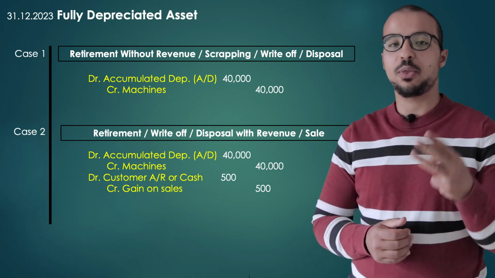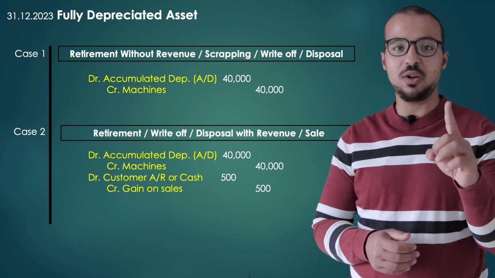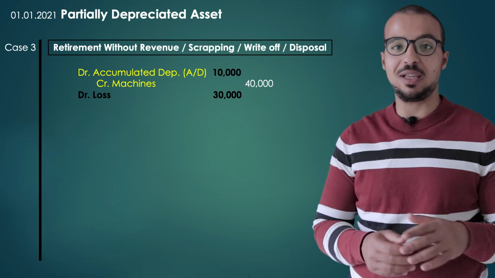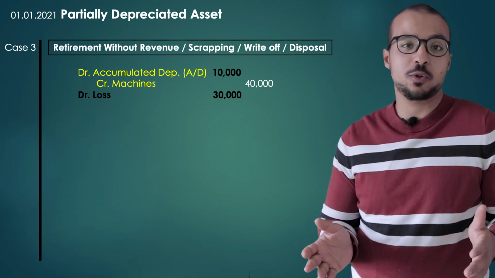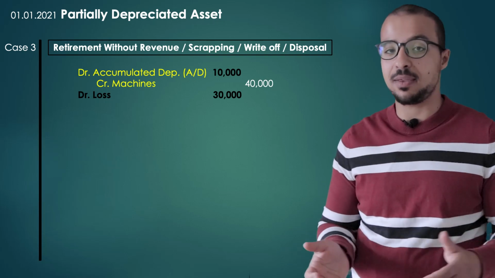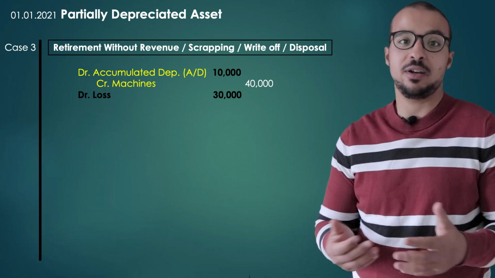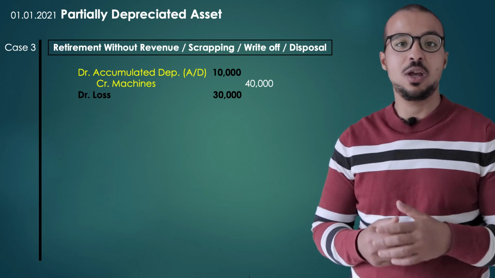Now let's move to our third business case. On 1st of January 2021, after 1 full year of depreciation of the asset, we decided to scrap it completely without any revenue. So for any reason, we decided to write it off from our books. Maybe there has been an accident and the asset is completely destroyed, or the asset is not useful to us for any reason and we are going to throw it out and write it off from our books